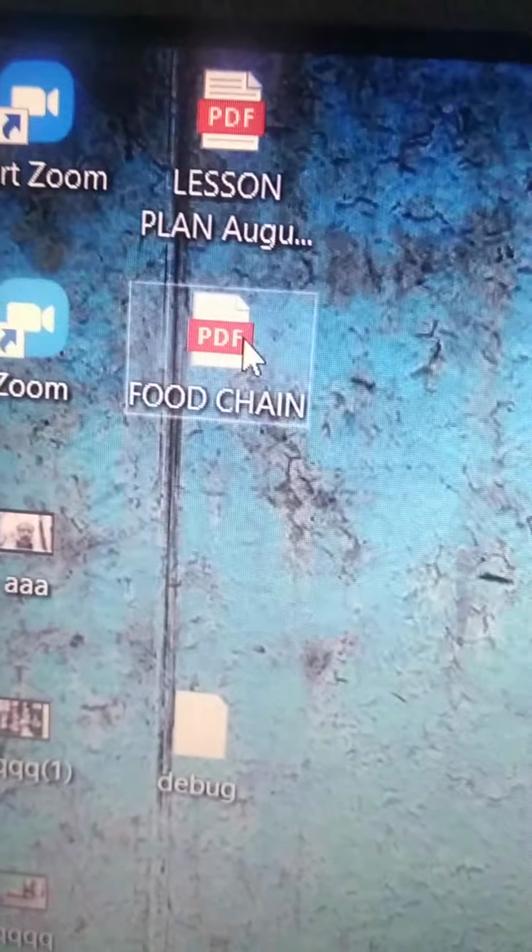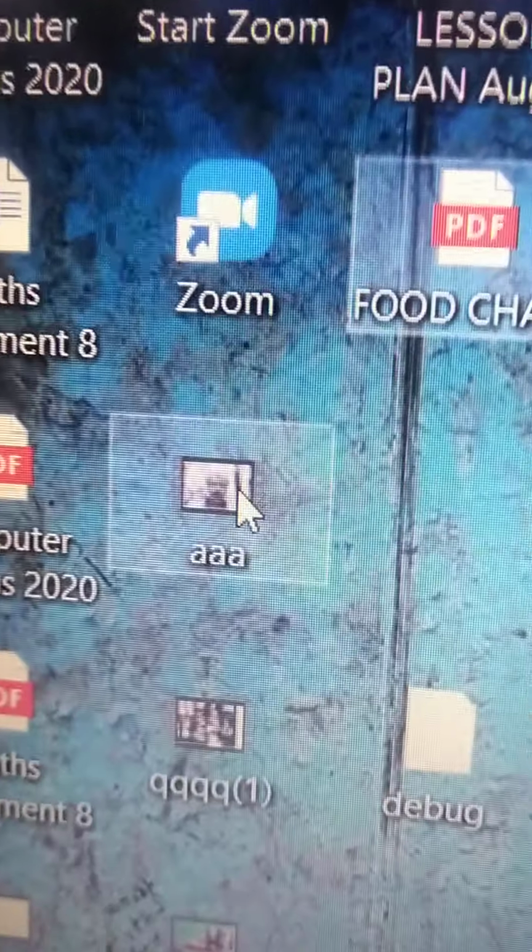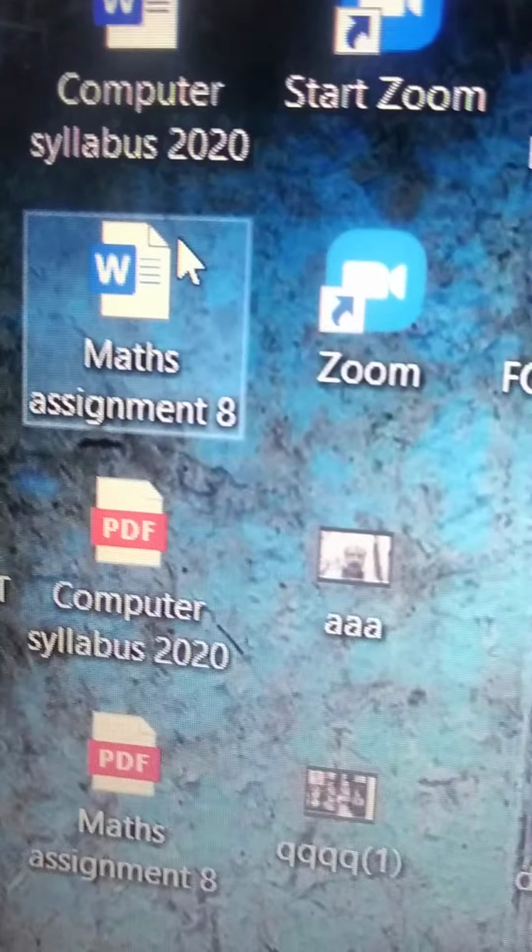Now what's the use of left button? If you can see the screen, this is the mouse pointer. As I told you, mouse is a pointing device. You can point anywhere. Suppose I want to highlight this, so just simply click. Can you see the change? Yes, it has highlighted. Let me go here. Let's say maths assignment.